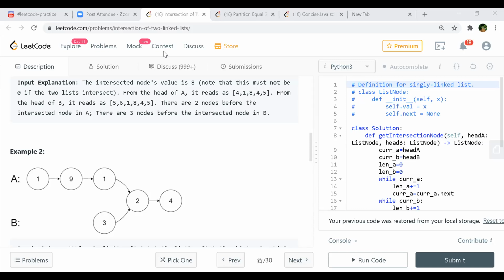Since B is smaller, B's pointer will reach 4 much earlier than A's pointer, correct? Yeah. So use that pointer of B and start again from A. And same thing when your A reaches 4, you use that pointer and point it to start from B. Okay. In that case, here I did not follow you.